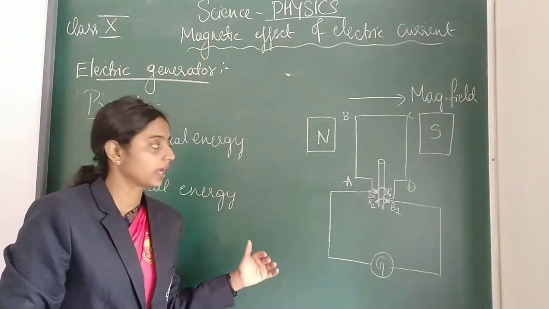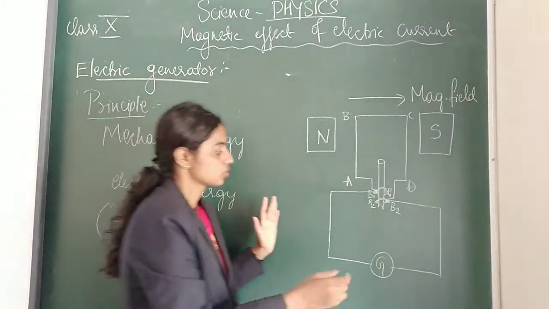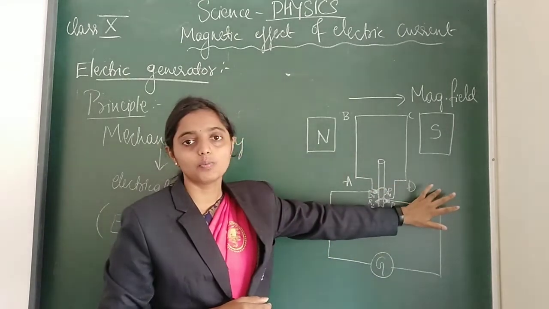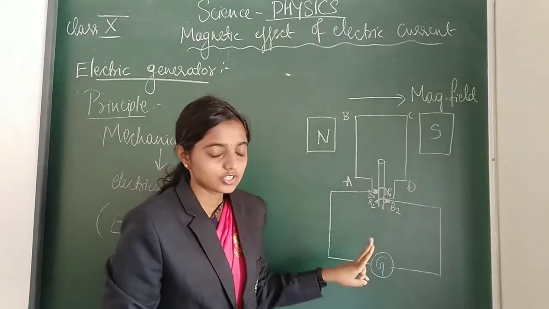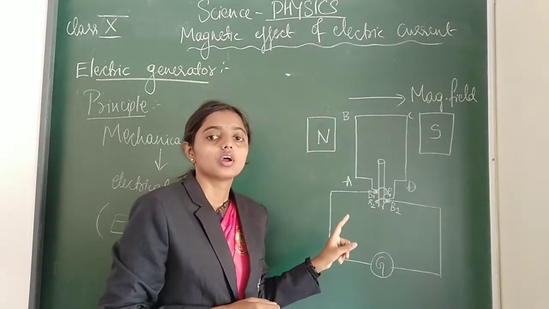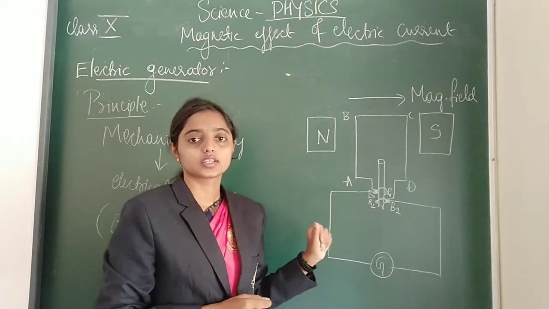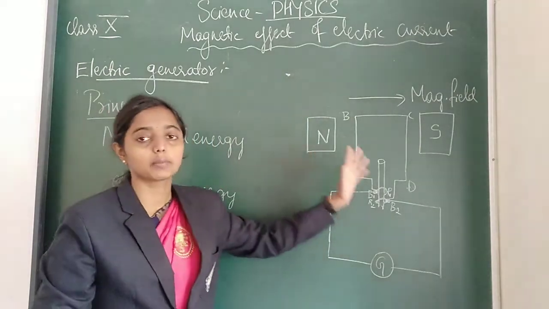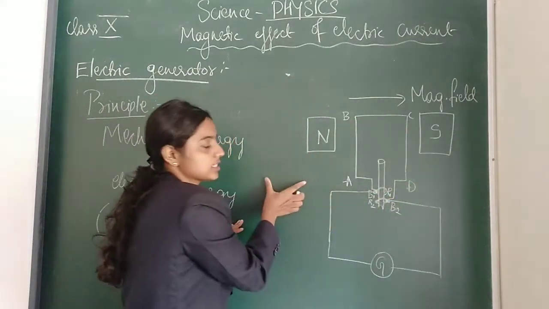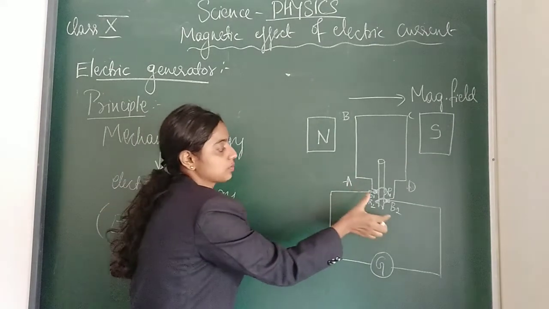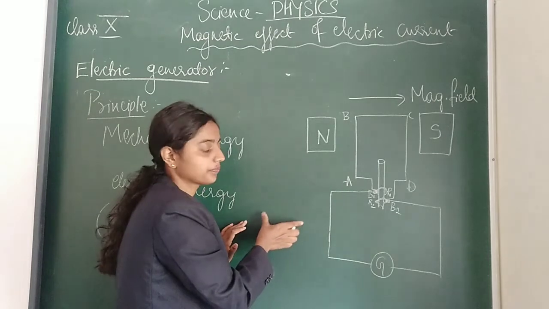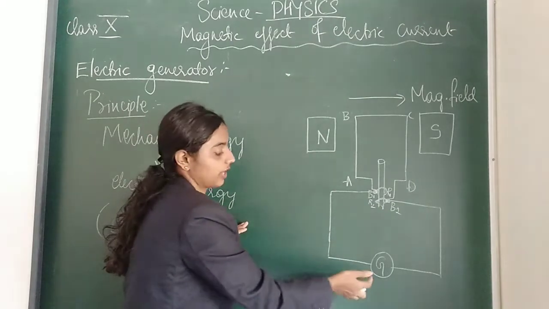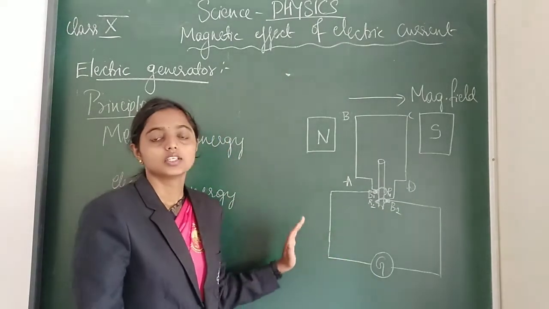Simultaneously I explained how the construction part is done. After drawing this diagram, usually they will ask only for 2 marks for the diagram. First you should draw the diagram, then they will ask you to show the stationary brushes and the rings. Then you should show which are the rings and which are the brushes by writing separately. Otherwise you should name everything: ABCD is a rectangular coil, B1 and B2 are stationary brushes, R1 and R2 are rings, and here we have a galvanometer. This comes in the working part.